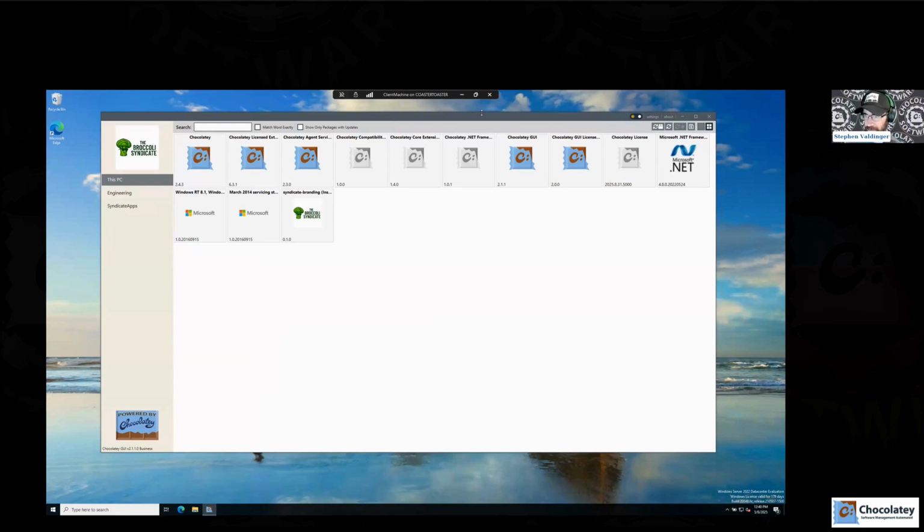I just didn't have a chance before the webinar to get it all put together. So that's coming down the pipe. We're going to make that even easier for you. So now with the Chocolatey GUI